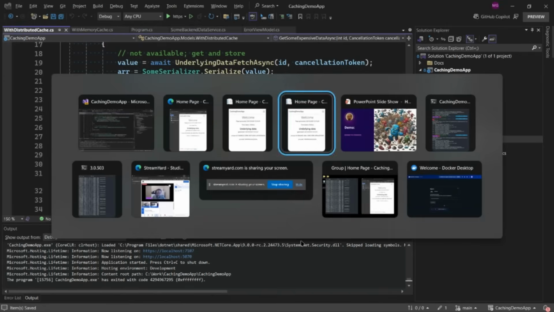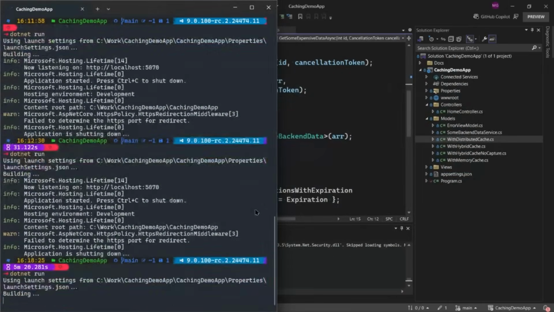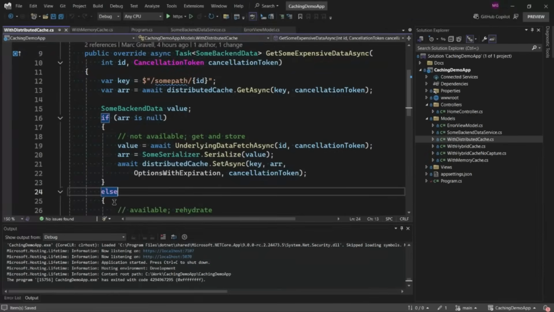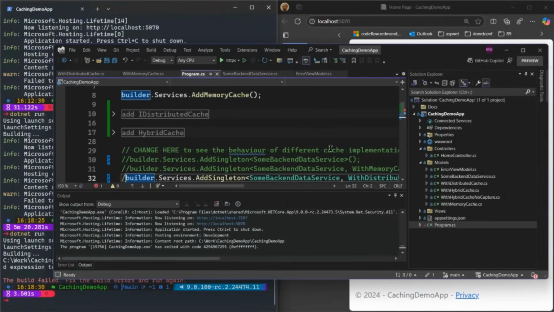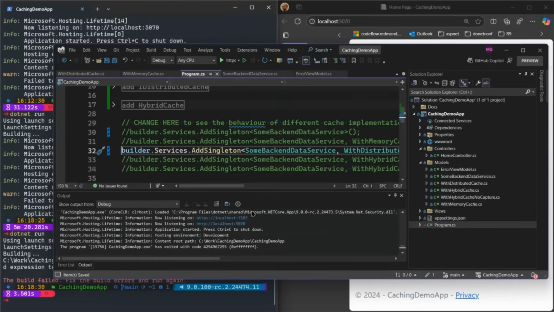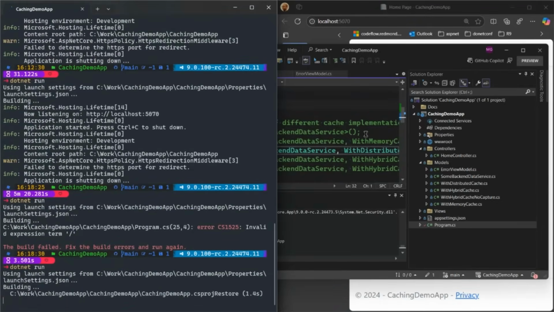So now that I've changed the service, I can restart the application. Where's my build error? Build error is in program.cs. Oh, yeah, my bad. So if I run that, restart our application,